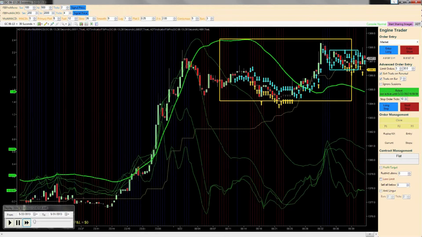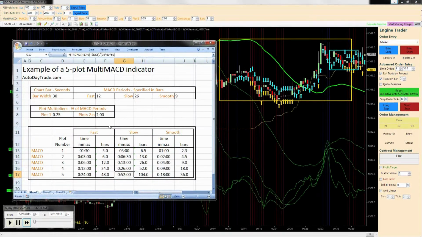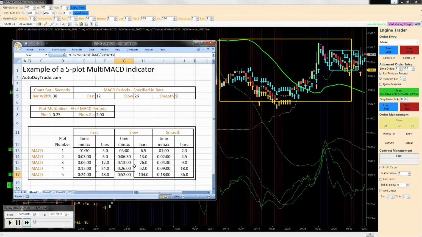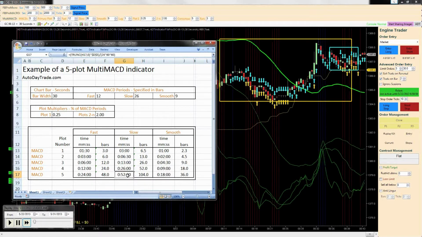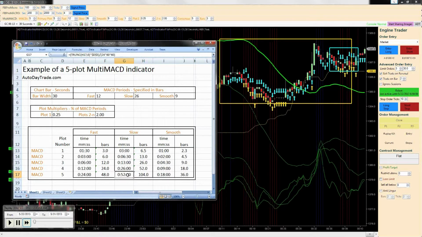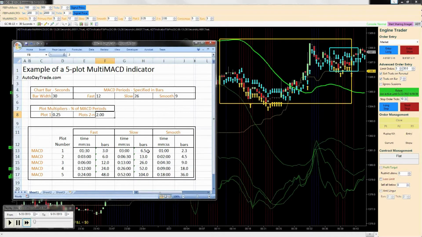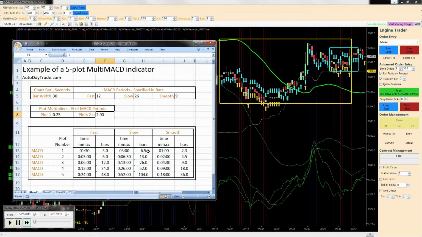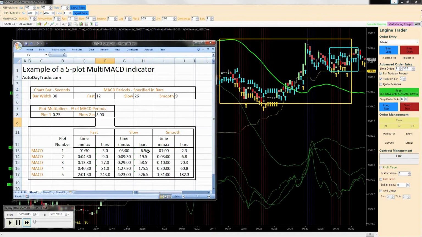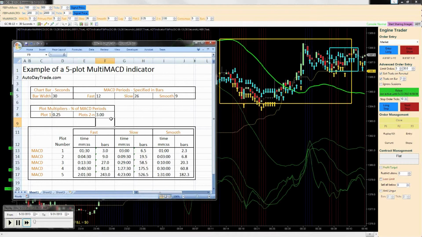If we go back to our spreadsheet and we say, you know, I want to look back a lot further. I want to go back to where my longest look back period is about 2 hours. Then I'm going to change my plots 2 through n multiplier. If I change it to 3, watch what happens. Wow, it's a huge difference. Now I'm looking back 4 hours, so that's obviously not what I want. Let's go 2.5,